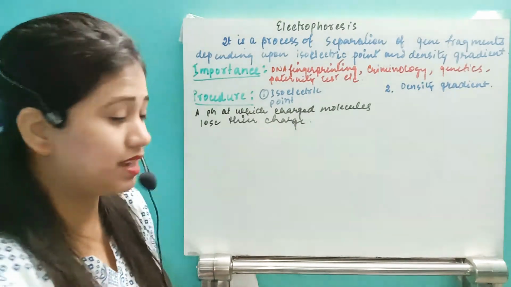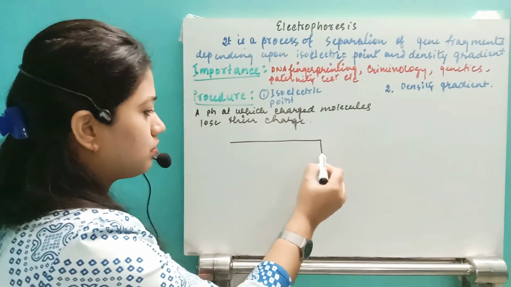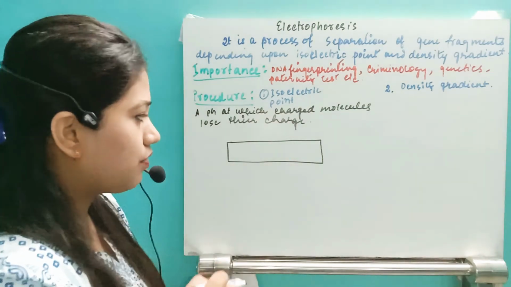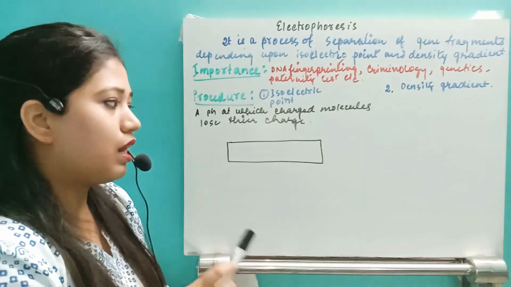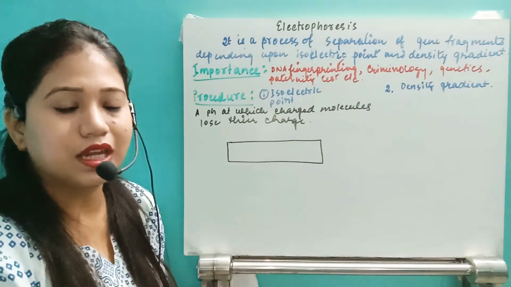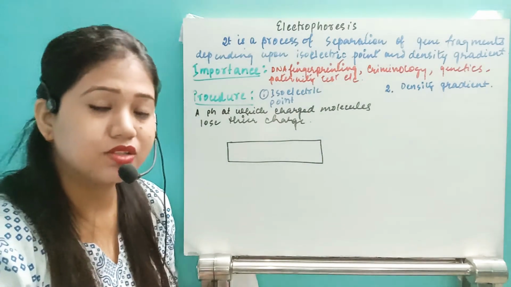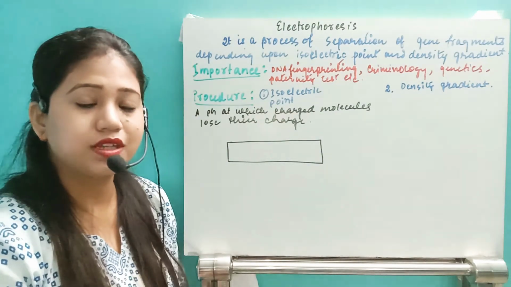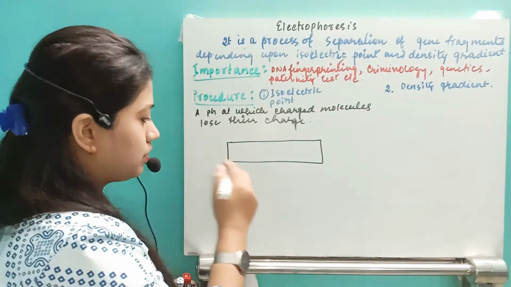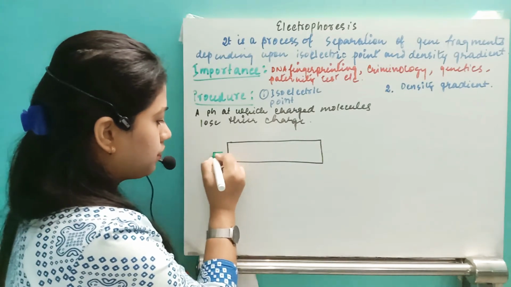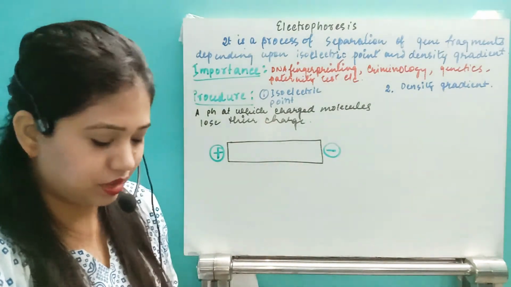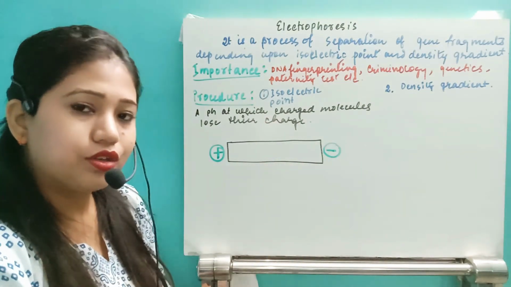So how can we understand properly? See, this is one plate. In that plate we will have this liquid. Then after that, here we will add the charge, that means electricity. Here we know that the gene fragments, the DNA, are negatively charged because of the presence of the phosphate group. Phosphate means acid, it's acidic in nature, right? So here we will add the charges, from the positive pole here and the negative pole here. So we have the cathode and anode attached on either side.